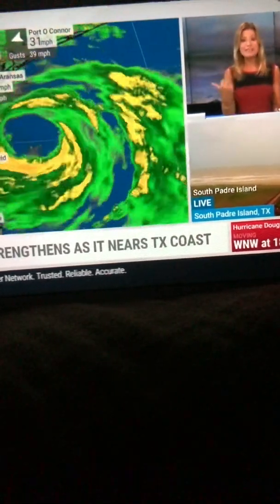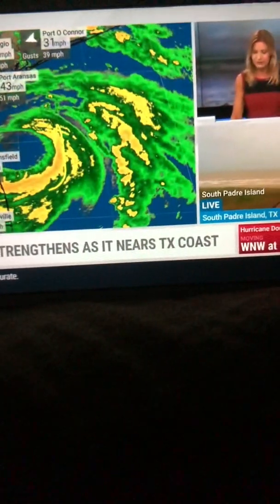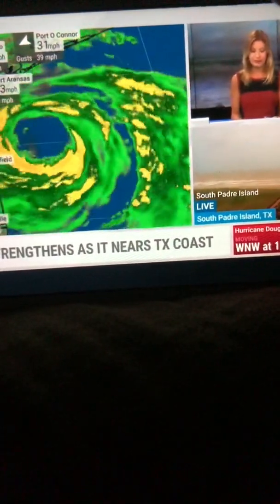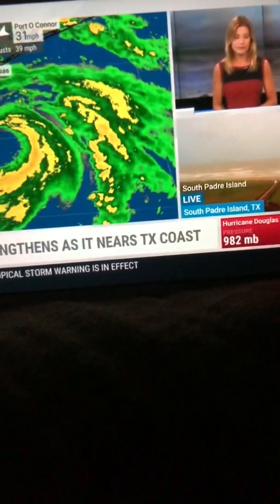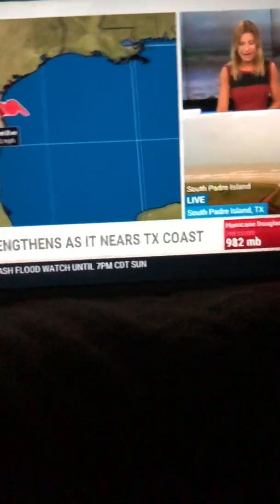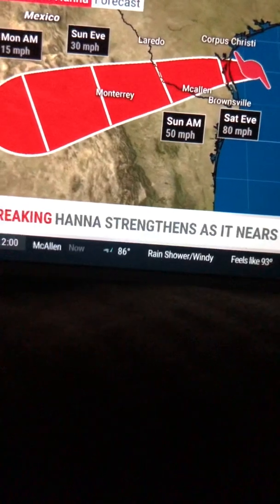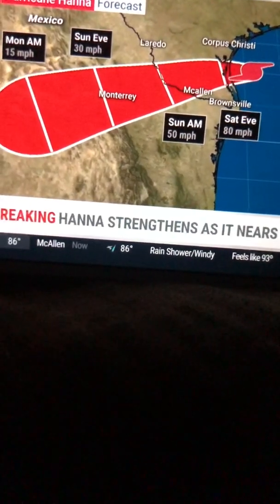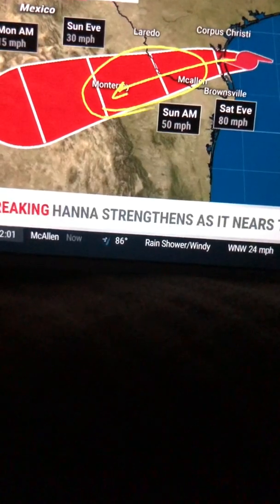But then we still have to get through that eastern side, and this here too will bring in some very tough conditions along with the really big rainfall rates that will be up over 3 or 4 inches an hour, and that will give us concern for flash flooding. So tracking this, let me give you a quick look at the path. It is moving to the west, likely to sag just a little bit more to the west-southwest as it moves over South Texas, slowing down as it does, and that's unfortunate for the rainfall situation,